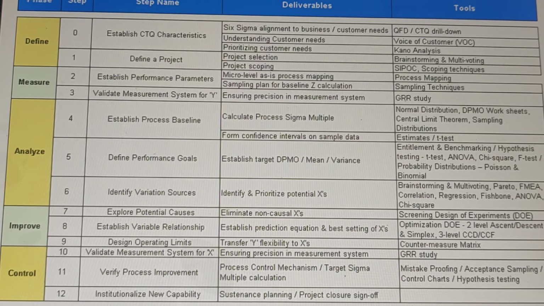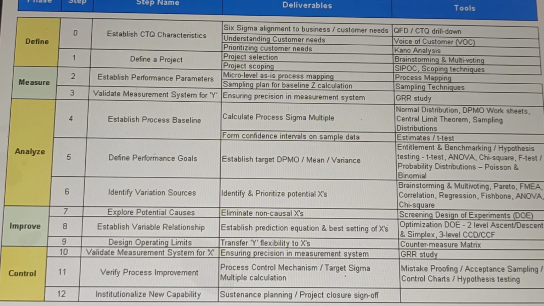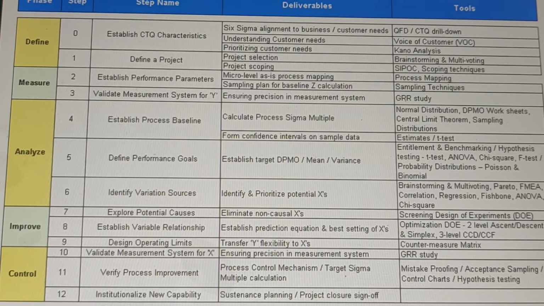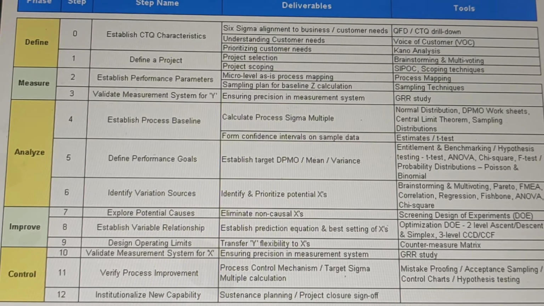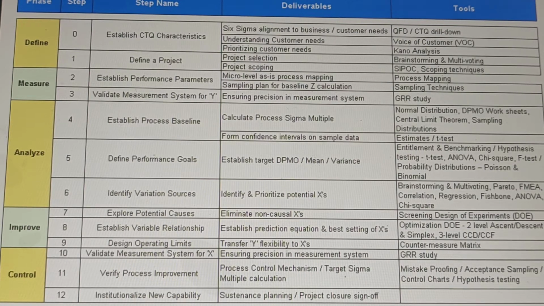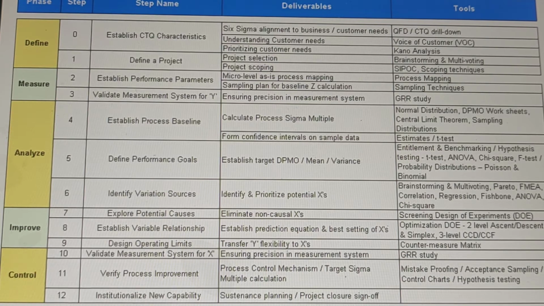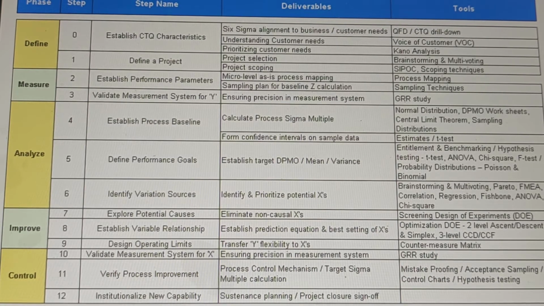Then the customer may have different requirements, a number of requirements. So everything at a time we may not be able to fulfill. So prioritizing customer needs means finding what are the high priority demands of the customer. That can be our first Six Sigma project, so that the customer satisfaction level can be improved, or we will have the best of our business in terms of supply and productivity, other things.